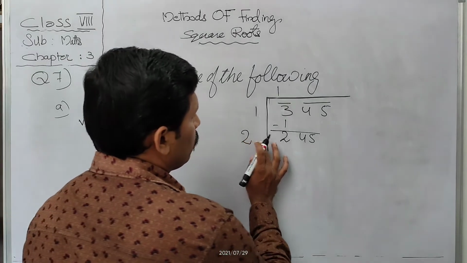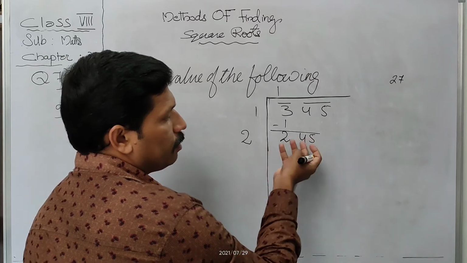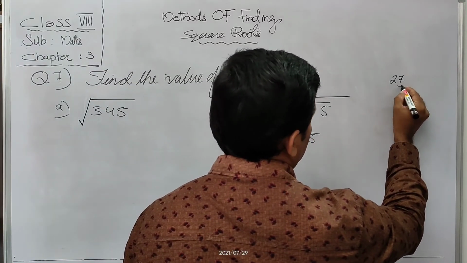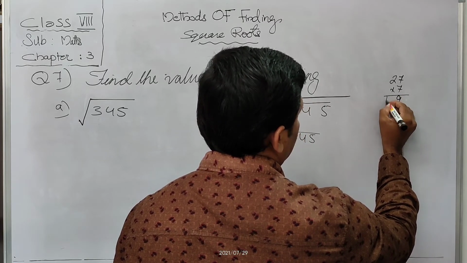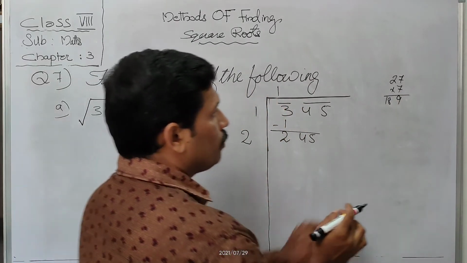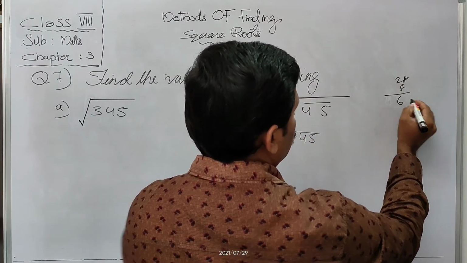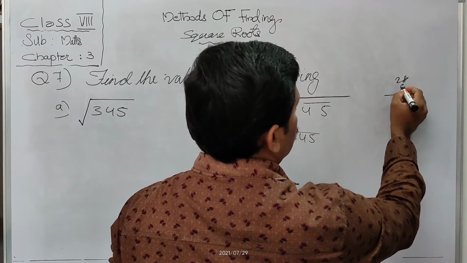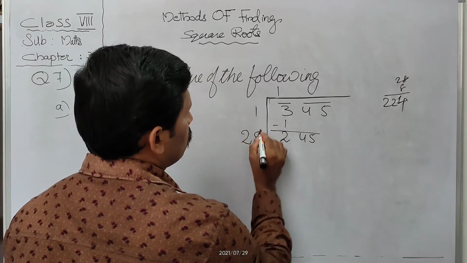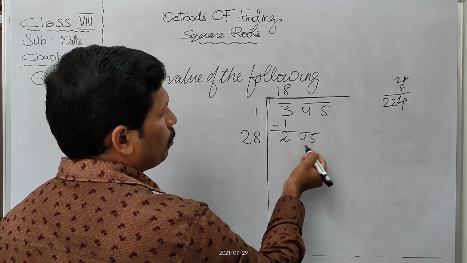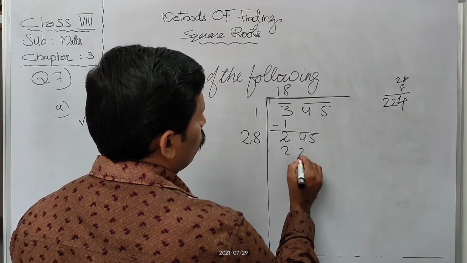Suppose we take 7. If we take 5, 25 into 5 is 125, it is 245. So 7 times you check. 7 7s are 49, remainder 4, 7 2s are 14 plus 4, 18. But 189 only here, 245. So we take 8. 28 into 8. 8 8s are 64, then remainder 6. 8 2s are 16 plus 6, 22. 224. Okay, 8 is the digit. If we take more than that, then it will be bigger than this number. So for 8, 28 into 8 is equal to 224.